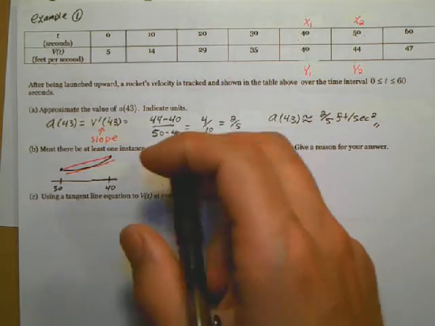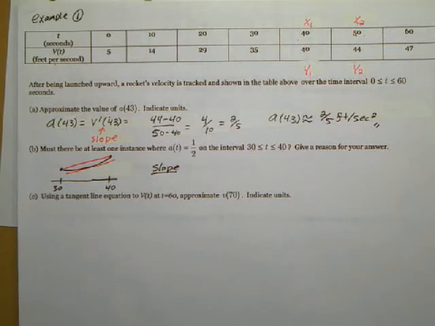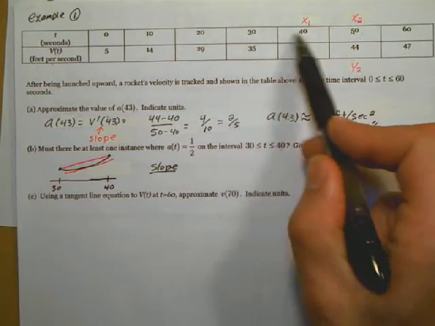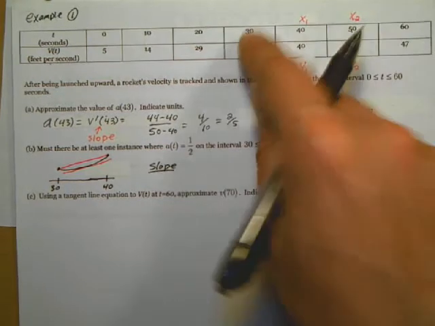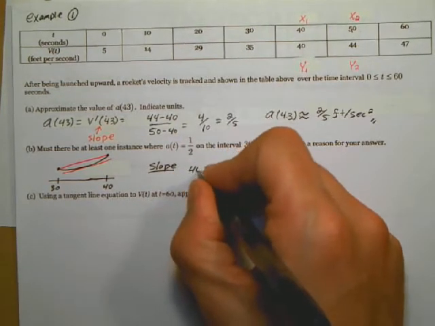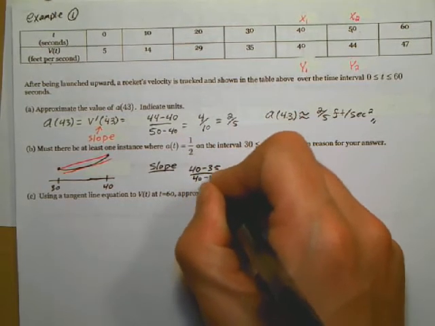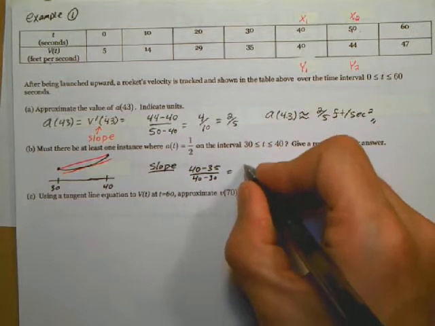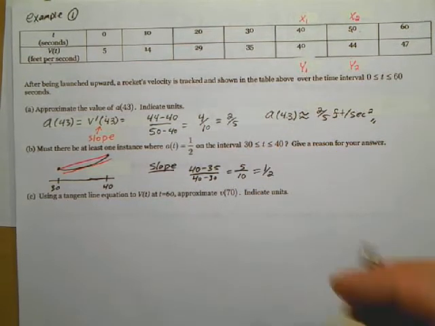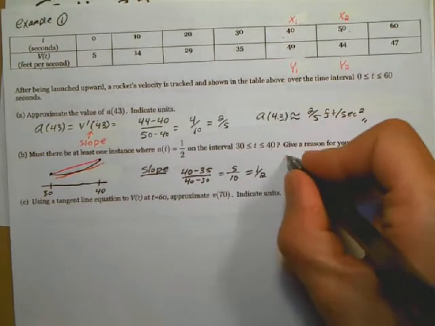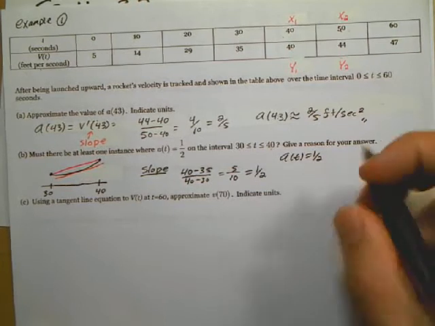So the slope that goes through them. Let's see, the slope's going to be between 30 and 40. It's going to be the same way, y2 minus y1 over x2 minus x1. It's going to be 40 minus 35, and then 40 minus 30, which gives me 5 over 10, which is in fact 1/2. So there's going to be some instance at which the acceleration is going to equal 1/2, and then to give